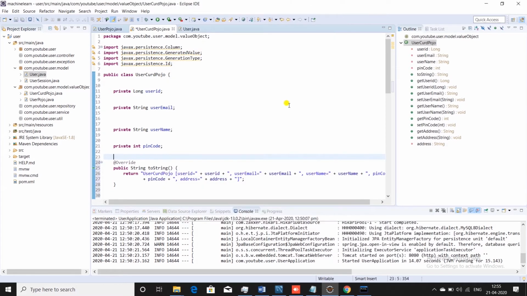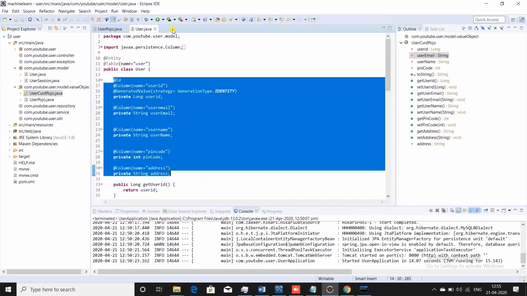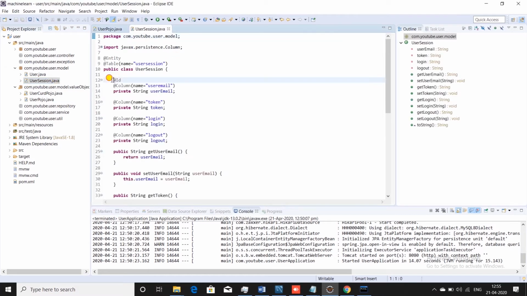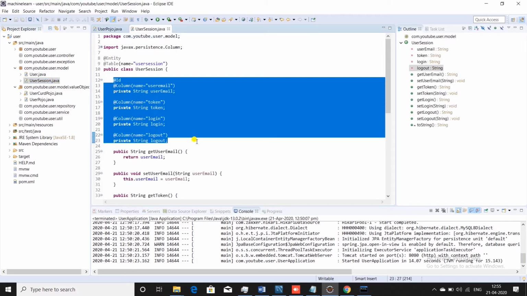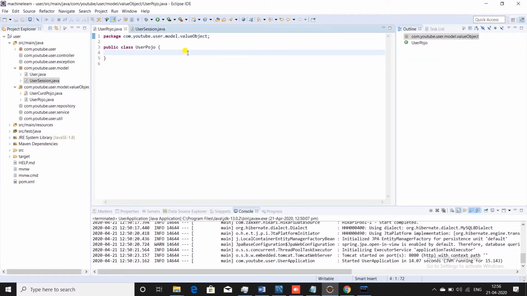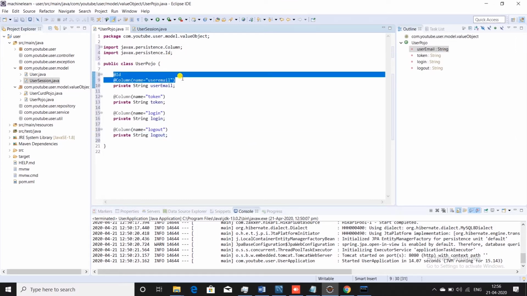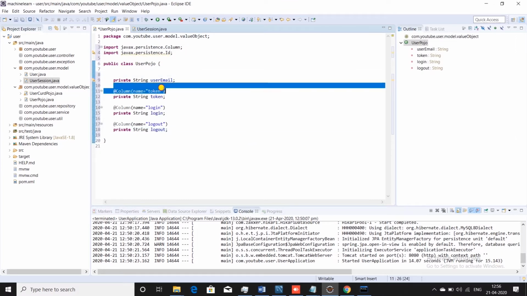We don't hamper the model class. So now in user Pojo, copy and paste the user session thing. Now remove all the annotations and then